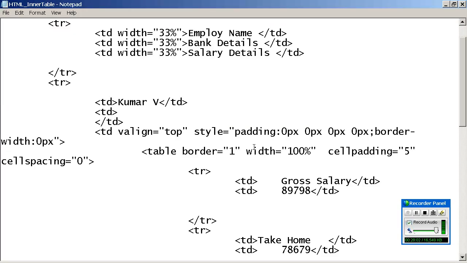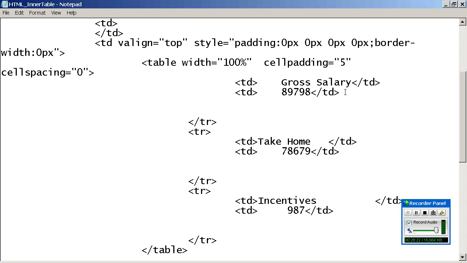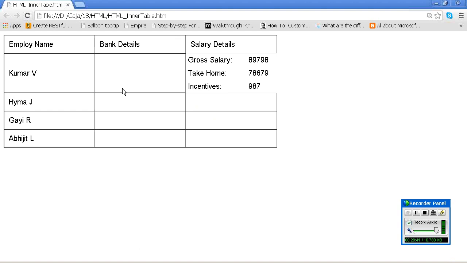Now, if you remove this border equal to 1, if you use this one, what is the problem now?